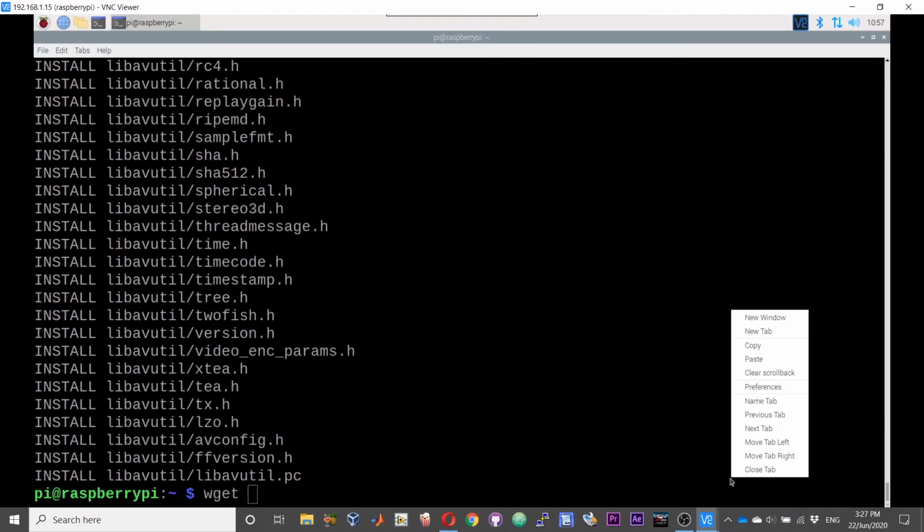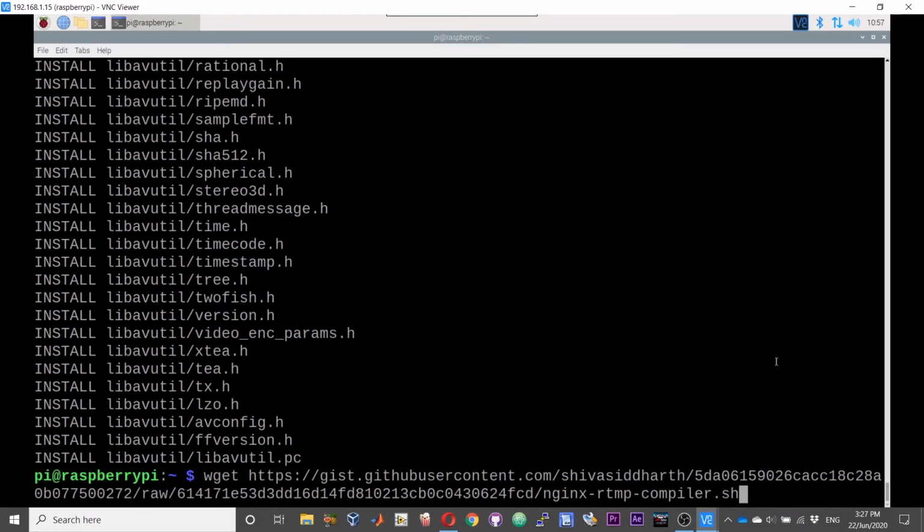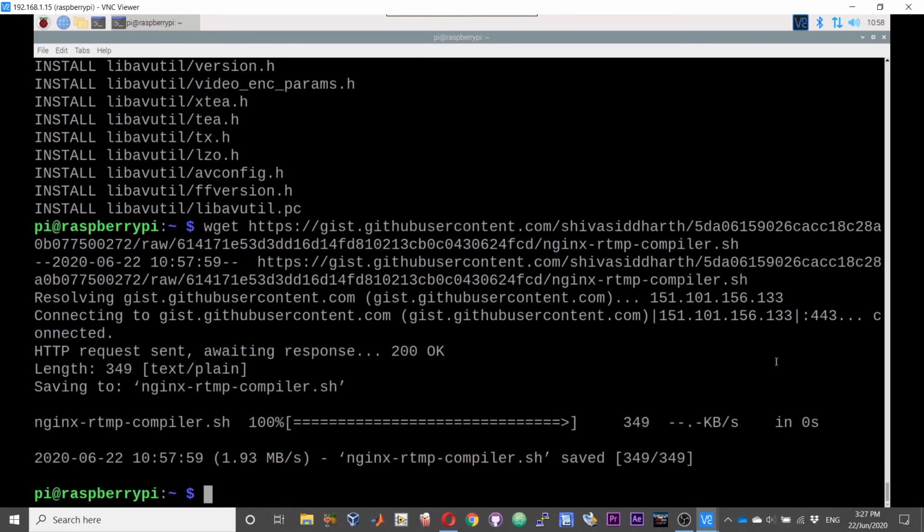Again wget followed by the URL, and then make the script executable using sudo chmod +x ./nginx rtmp compiler.sh.